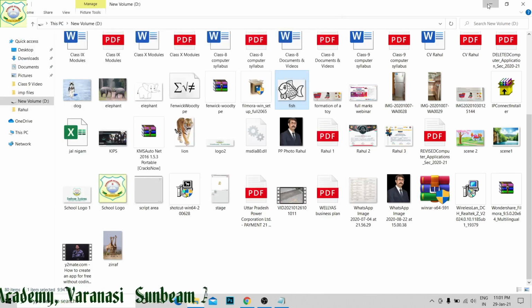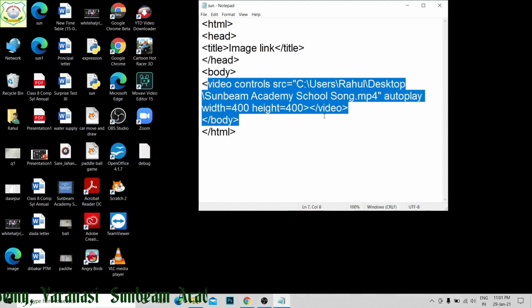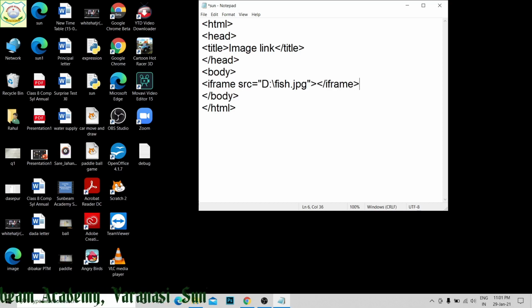Now I am going to put iframe src equal to the name of the file or the URL of the file. Then I closed my iframe. Save it. Now run this sun file.